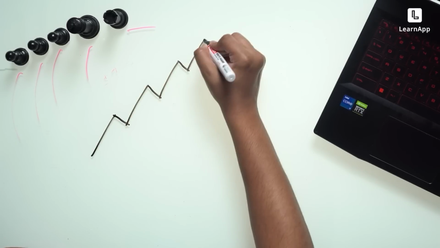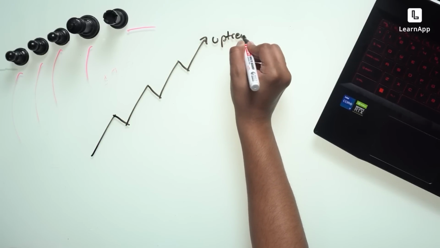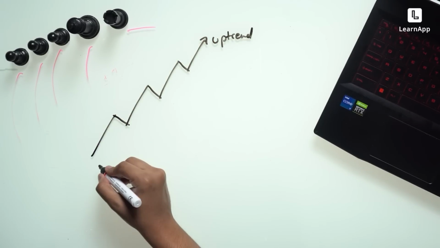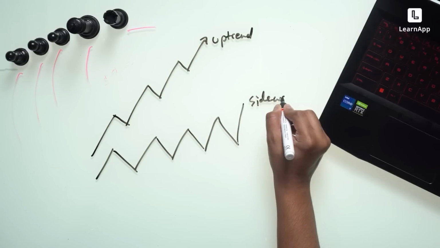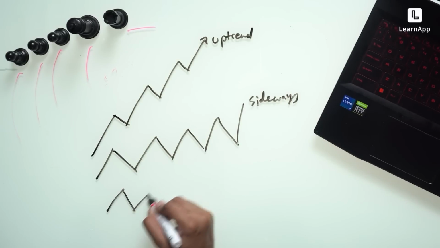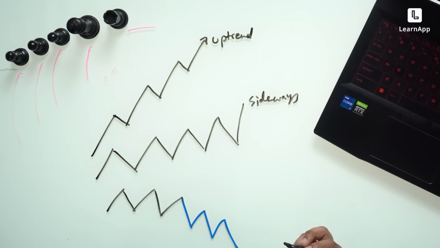Now, their behavior creates 3 kinds of trends. When I'm talking about trends, I'm not talking about 1 day, 2 days, 5 minutes, 10 minutes. I'm talking about decades or years, at least 5 years. So we're talking over a long period of time. Whatever their behavior is, it will do 3 things. It'll either create an uptrend, or it'll create a sideways trend. I'll just call this sideways. Or it'll create a... I probably moved out of the camera, but who cares? This is called a downtrend.